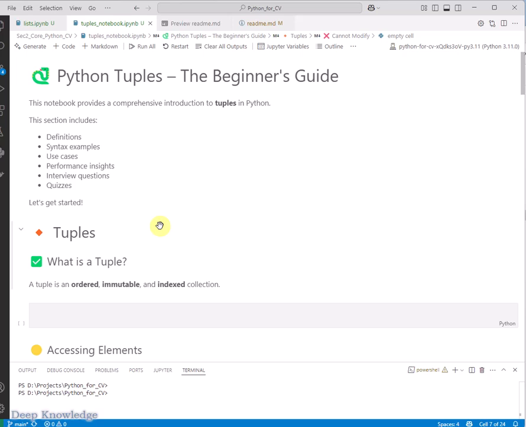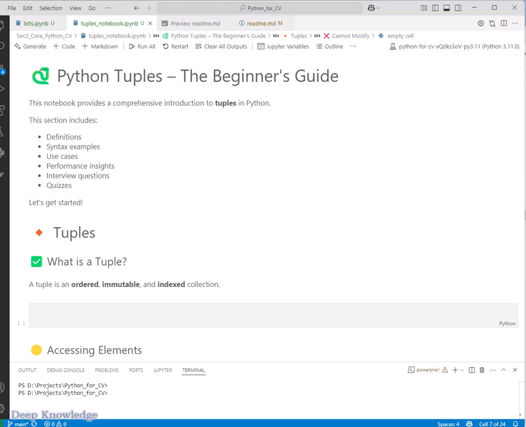If you remember, a list is mutable, so you can change it. But with tuples, once you create one, you can't change any elements in it. That's the immutability, meaning once created they can't be changed, and that limitation is actually